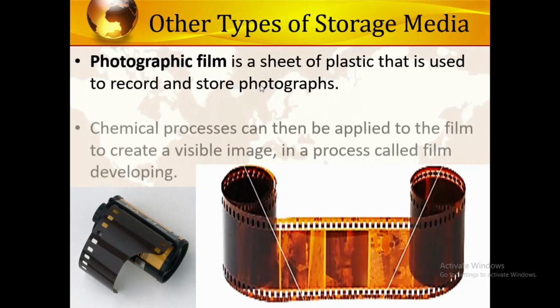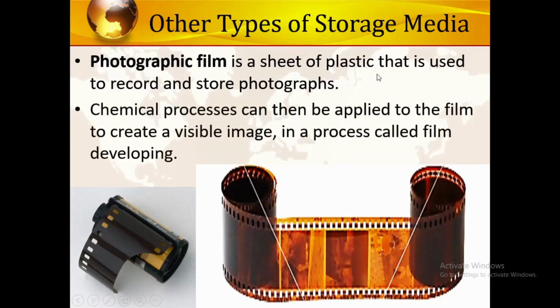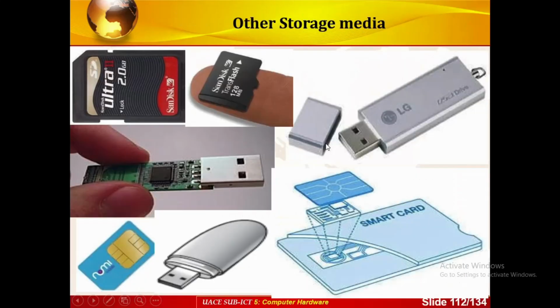We have other types, like photographic film, a sheet of plastic that is used to record and store photographs. Chemical processes can then be applied to the film to create visible images in a process called film developing. So these films were used some time back. We have other storage media like